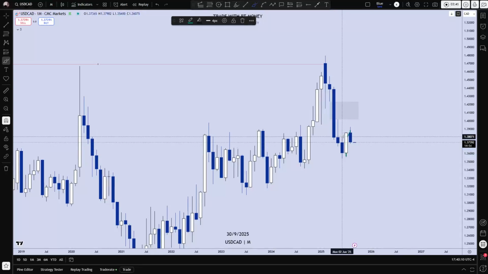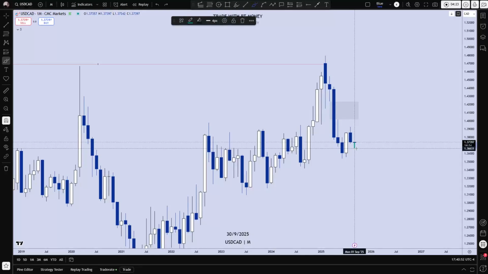It broke the high of the previous candle, but just like on the US dollar index, we see 7 months of down candles. July gave us a bullish month, our first bullish month since that February high. Since then we've seen nothing but bearish candles, and then we got one for July. August was a small candle with a smaller range, and it took out the high of the previous candle and then came back into the range of that candle.